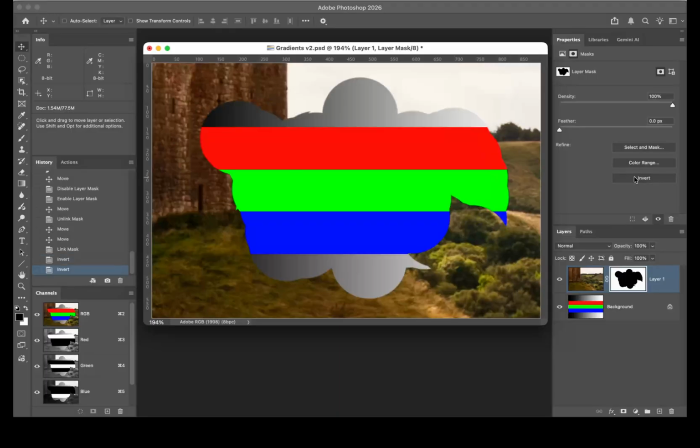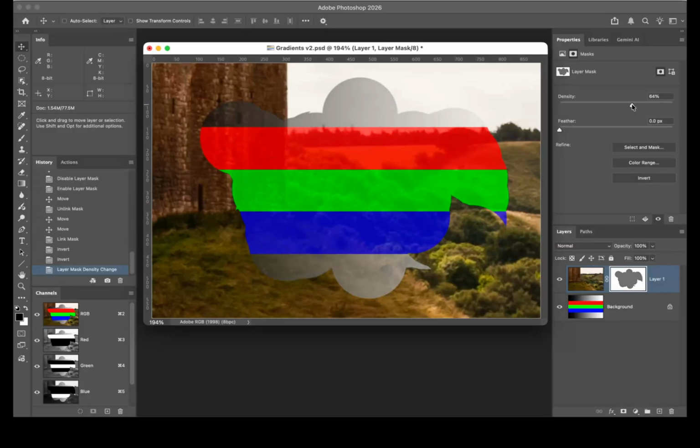I'm going to click on invert to go back to it again. But now you can actually do the density of this mask, and you'll actually see it happen in real time. As we click on this and we start to drop this down, this mask turns from black to middle gray, and you can see now here, if you get right into the middle, right around 50%, this is now a combination of half of the castle and half of the gradient mixed together because the mask is only at 50%. So it's hiding half of the castle thing, but that allows 50% or half of the gradient to show